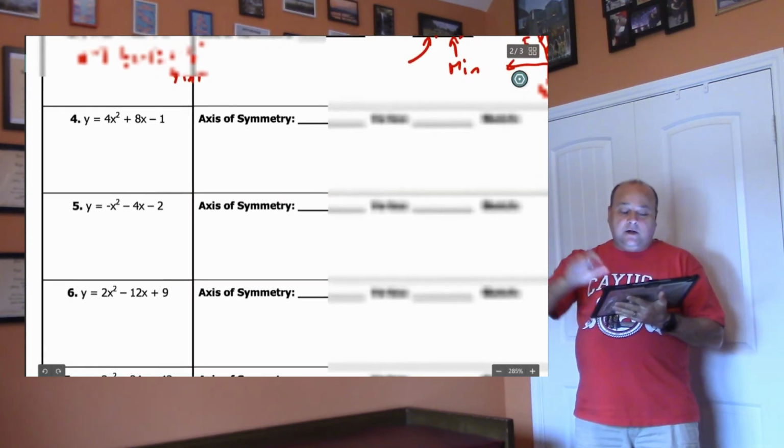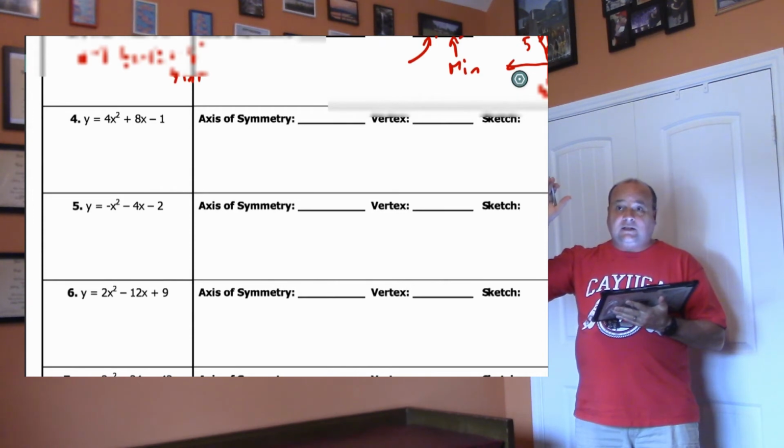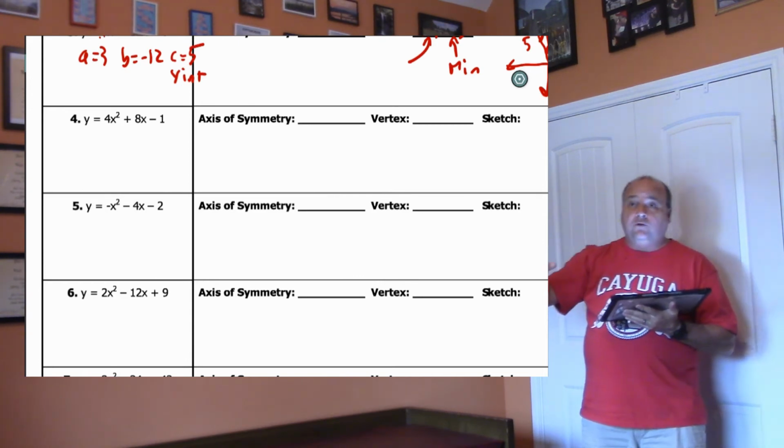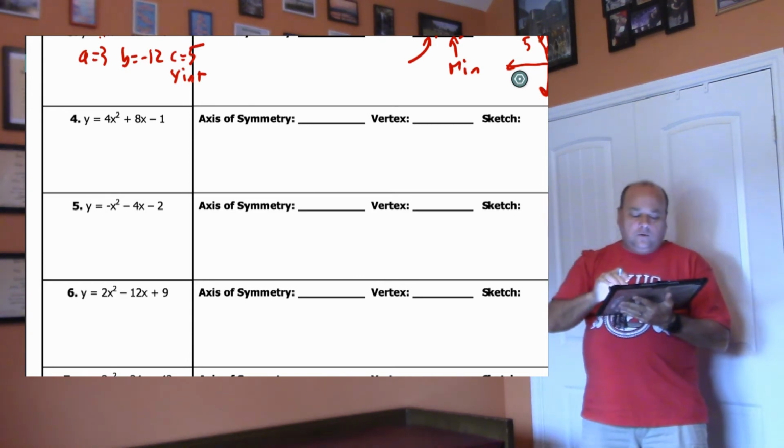So I'm going to do a few more of these because this is just going to take forever, okay? We'll post the key so you can make sure, okay? I do not want to spend 40 minutes of your time on this, okay? So let's go, we'll do number